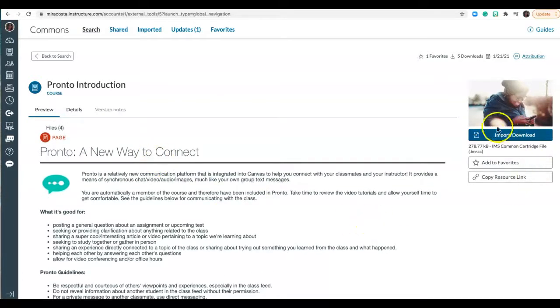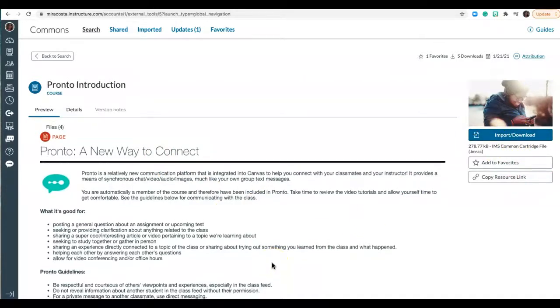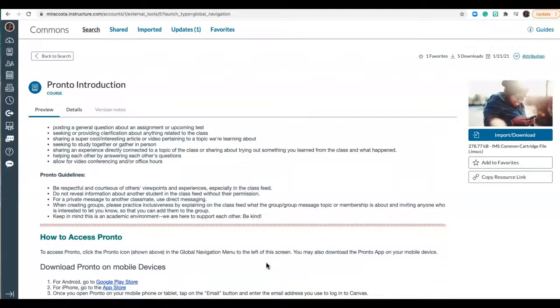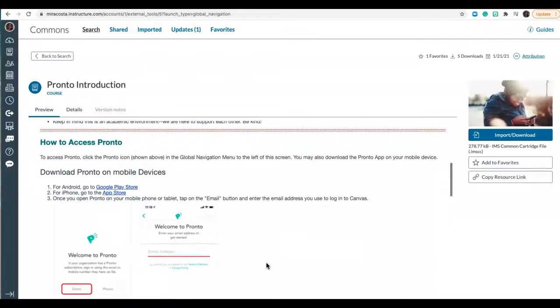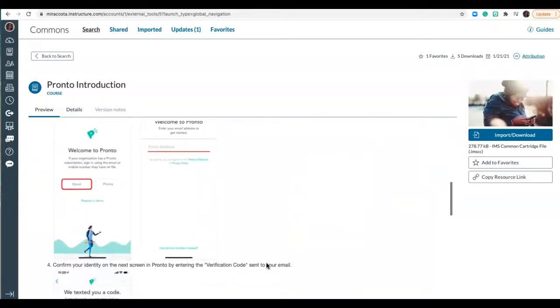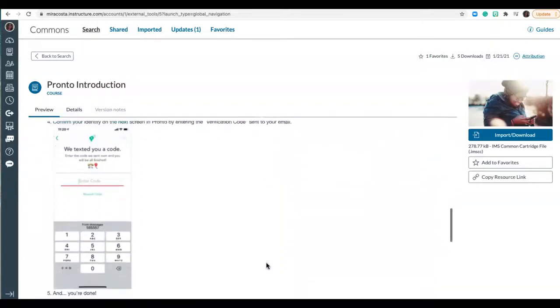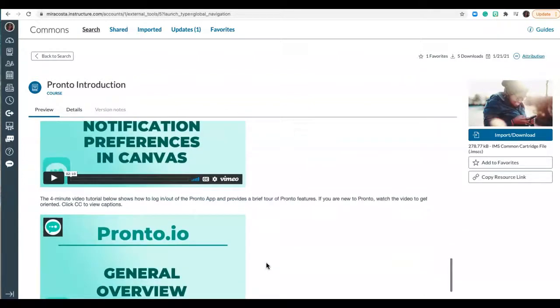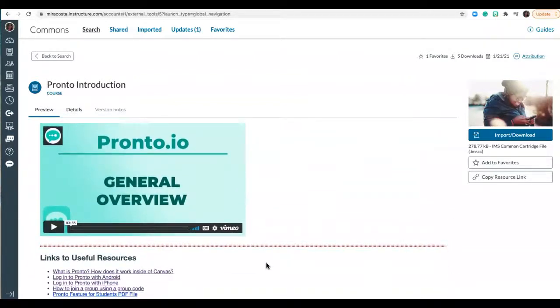And it's as easy as importing it or downloading it to your computer and/or Canvas course. Here again, students are able to find what Pronto is good for, the Pronto guidelines, how to access and download Pronto onto their mobile device. There's also a video tutorial on how to get them started in using Pronto, as well as useful resources.